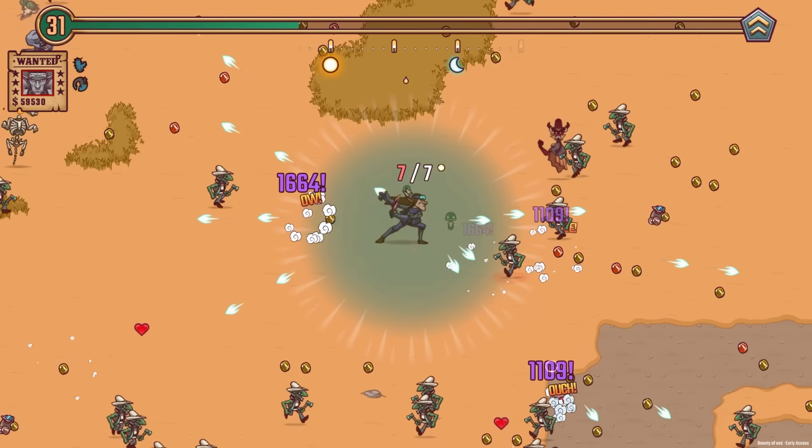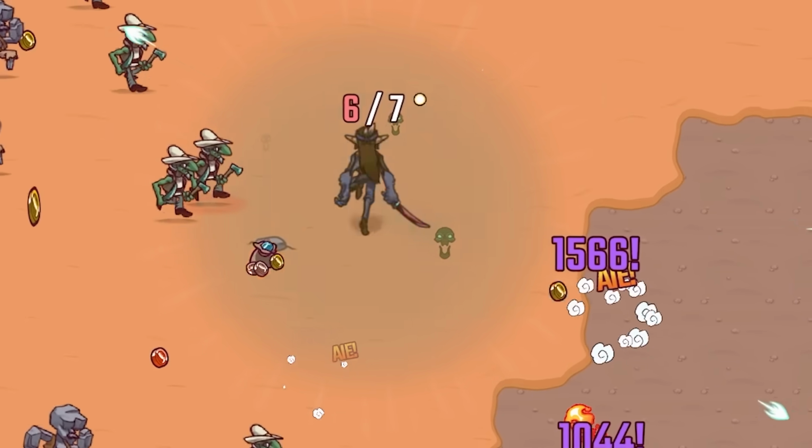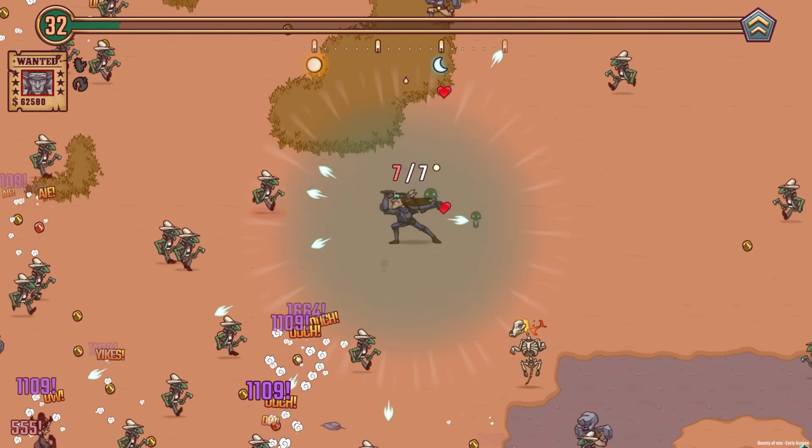I do have a dash, remember. Ow! I just got hit. Ow! And again. Ow! And again. What's going on? Whoa! I dodged that one. Only just though. Anyway, I might increase my area effect by 30% just so I can collect more things, and